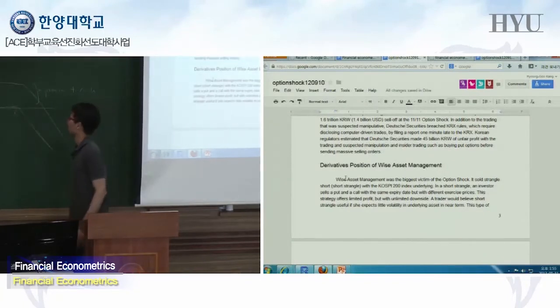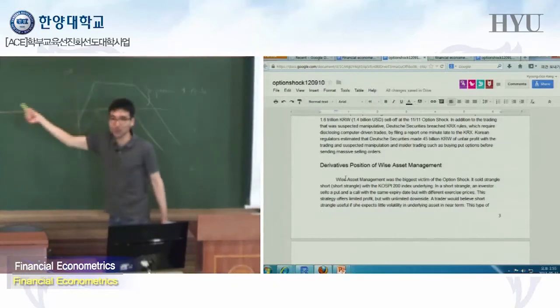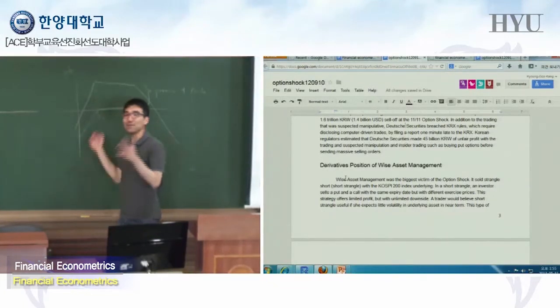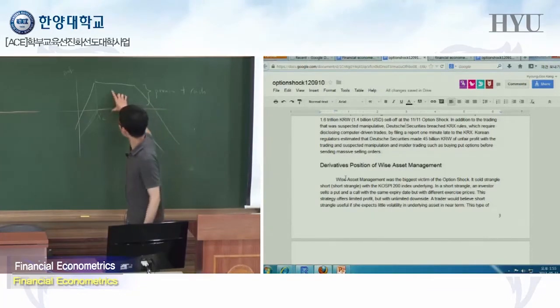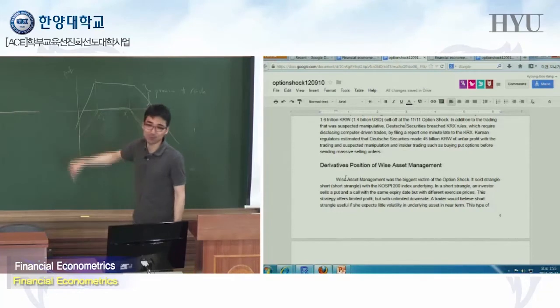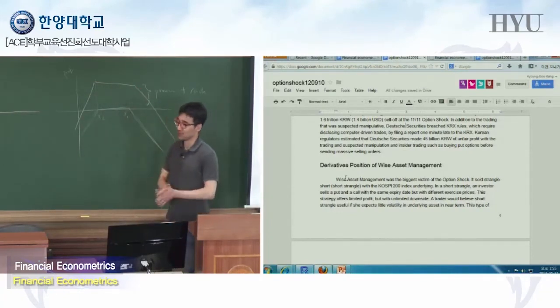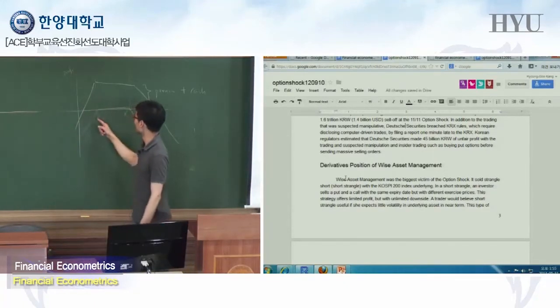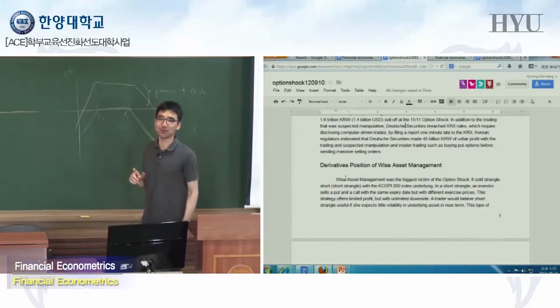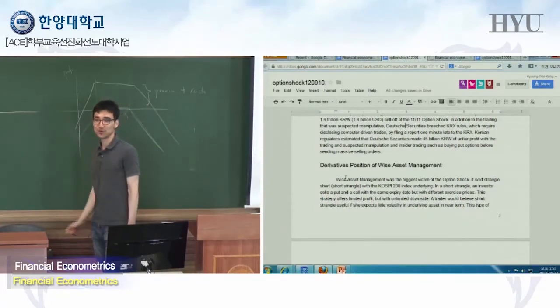So it is profit. If you sell a call and put option, you receive some money, right? And then the distance is what you have received by selling the put and call. So basically, this is called a short strangle. A long strangle looks like this. A long strangle is having a long position in both the put and the call.